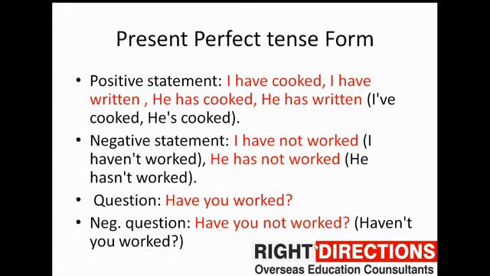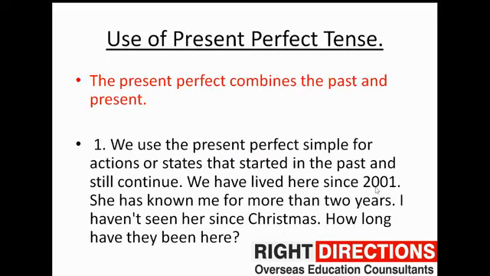Haven't you worked? Alright, like the students who are attempting IELTS examination and have to write informal letters, it is recommended to use more of the contractions over there. So this is what we call the contraction. I've, he's. Here it is not he is, it is he has cooked food. He hasn't worked. Haven't you worked? So these are the contractions that you must use in your informal letters in your IELTS GT examination.